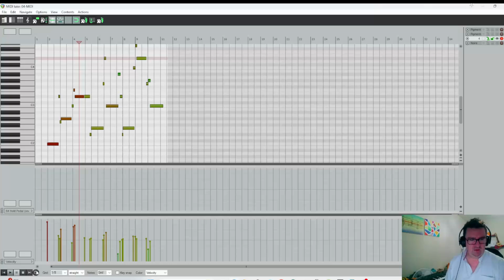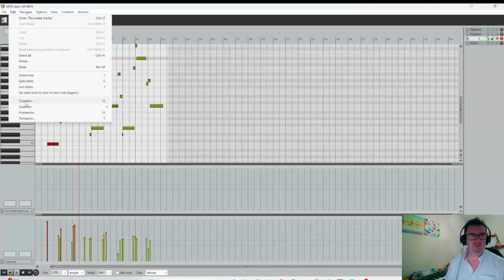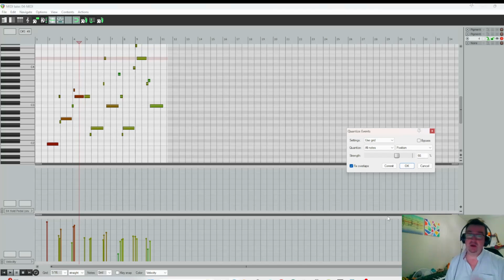That was sort of using some quicker notes, so I'll quantize this to 16th notes, but because this is in the bass, I want this to be really on the beat, so I'm going to whack this up to 100%. I wanted the synths that are on top of it to have some flexibility, so I didn't want to quantize them really harshly, didn't want them to be robotic, but the bass, I do want it to be robotic,